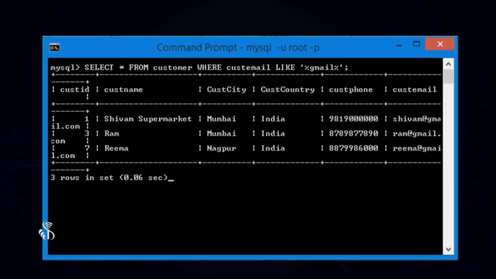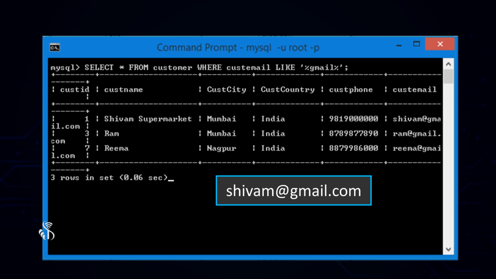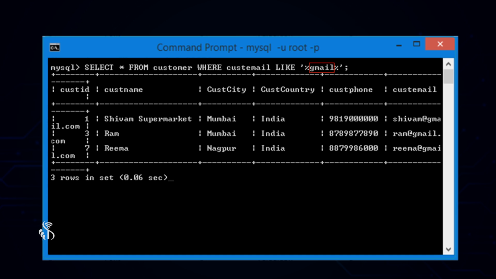This will instruct MySQL to get all rows without bothering about first or last part of customer email, just making sure that the word Gmail is part of the customer email. Again, customer email being a variable character, don't forget the quotations.